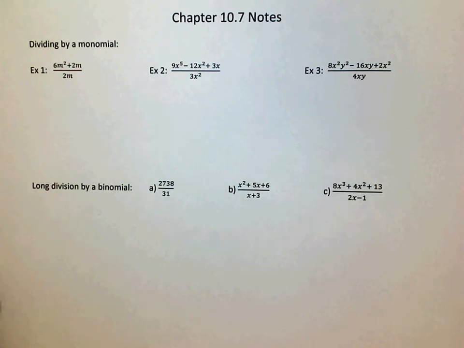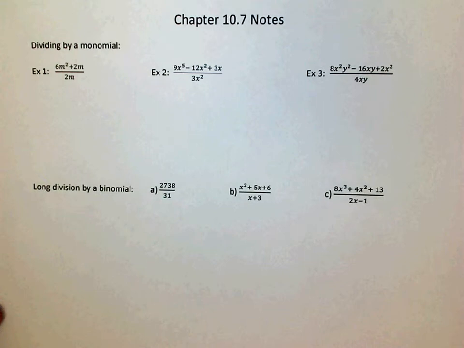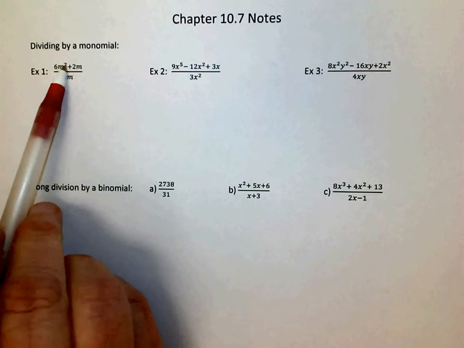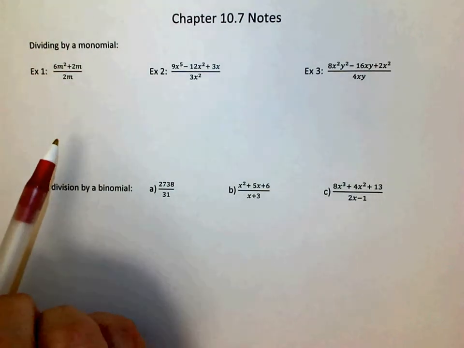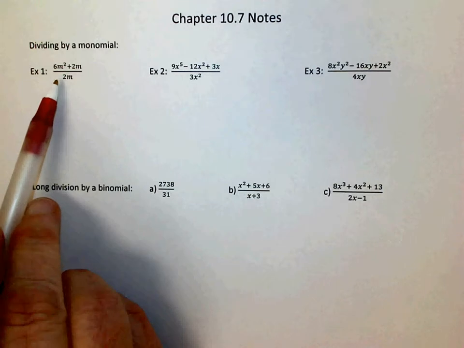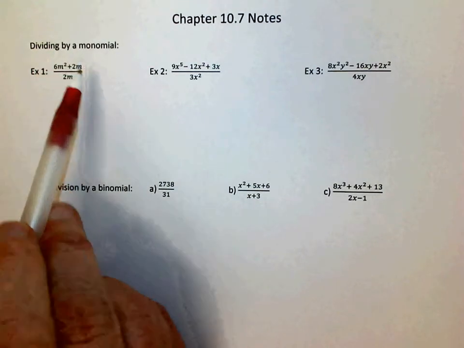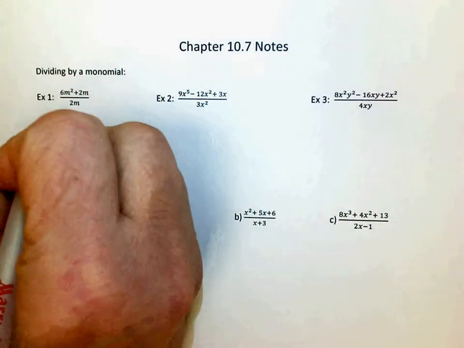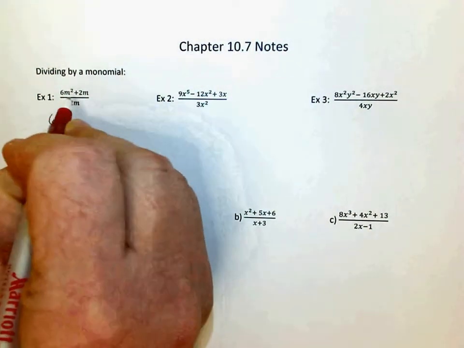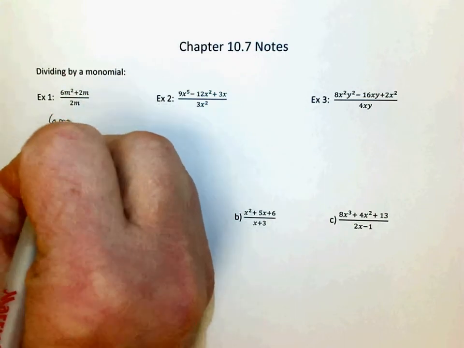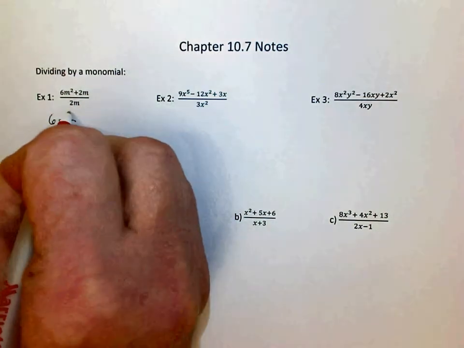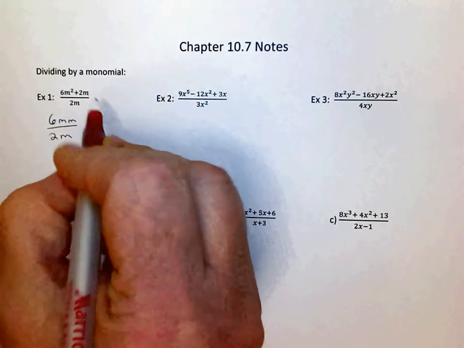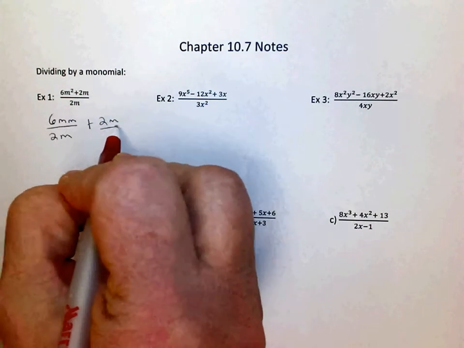Alright, chapter 10.7 actually baby steps you into factoring. What we're doing is, these are polynomial fractions, and it's dividing by a monomial. When you get problems like this, what I want you to do is take 6, and then m squared is m, divided by 2m, and then you put your plus, and 2m divided by 2m,